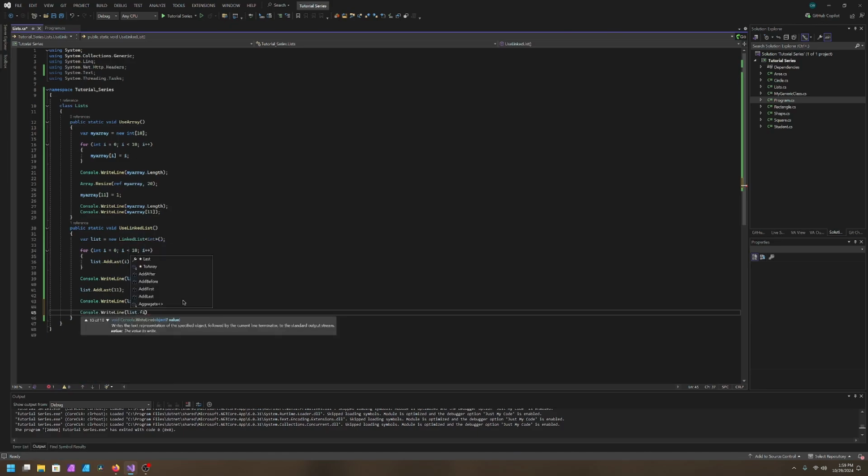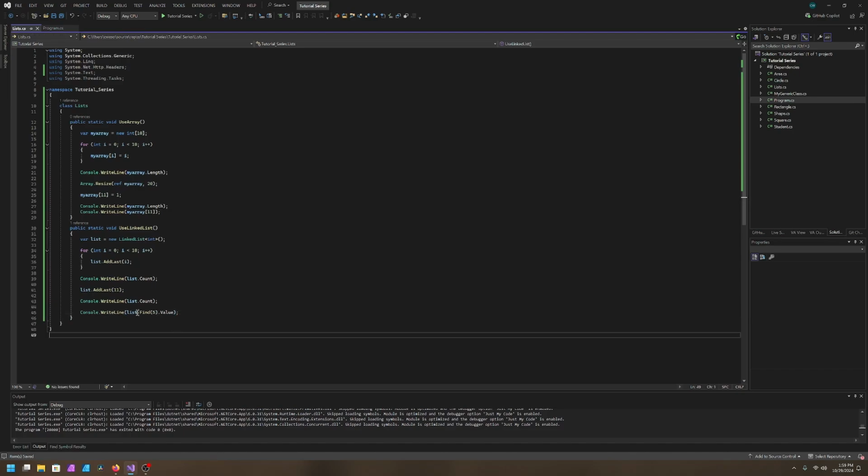We're going to go list.find. This is going to find the value that we're looking for. And then we're going to want to do value. This is going to get the number 5 out of there. This is the 5th element in our list, but